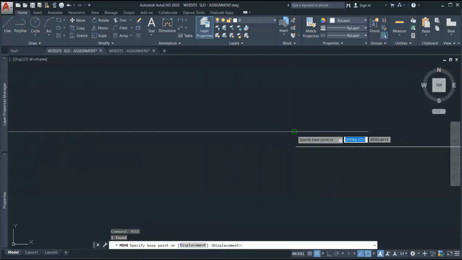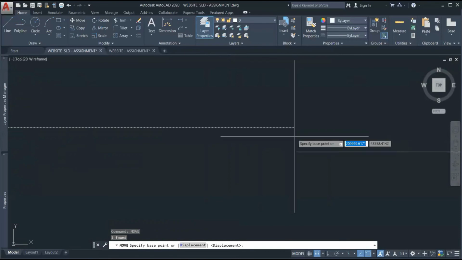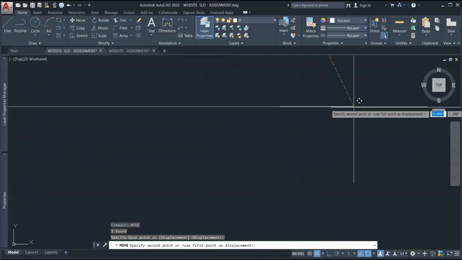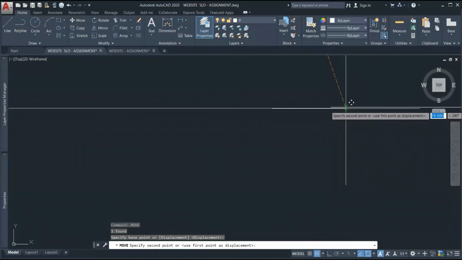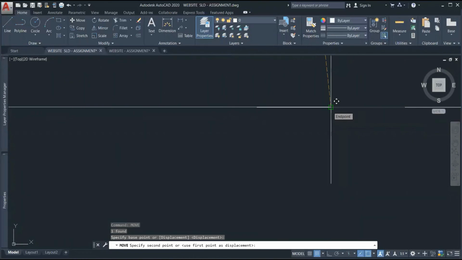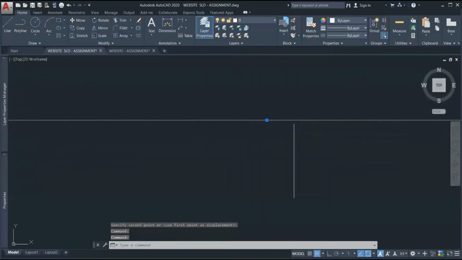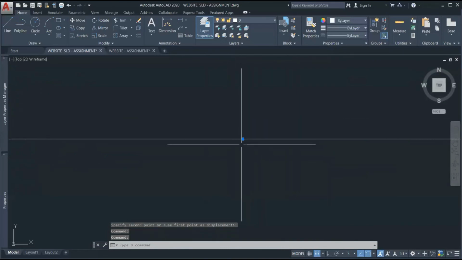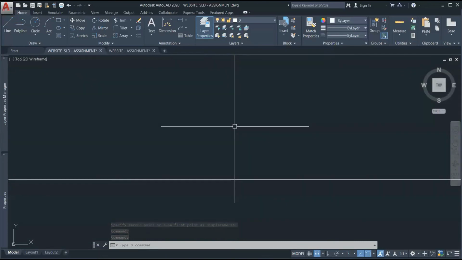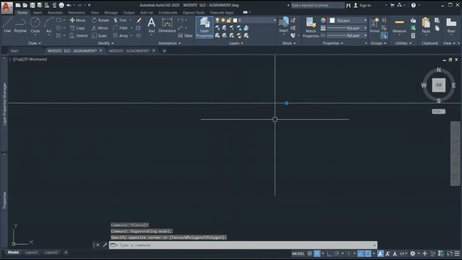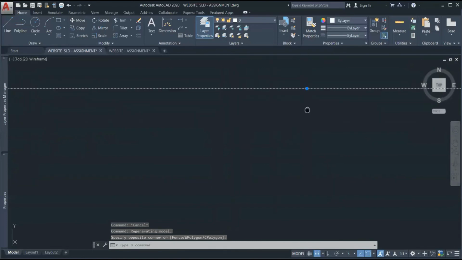It is suggesting that this is the endpoint. The square is showing that this is the endpoint, right? So this is showing endpoint. I'll pick the object. I'll go near this line, and this is showing the nearest point, and the square is the endpoint. I'll place the cursor here. I'll click, and both lines are joined now. Okay, they are touching each other. So it is precisely placed here at the end of this line.